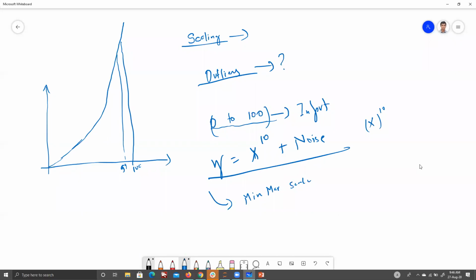So 0 to 100 is the normal axis, but what about y? If there are, let's say, two columns, one is y, one is x, and y is nothing but simply x to the power 10. Agree? So you could scale x between 0 to 1 or something, it is already between 0 to 100. Can you see the problem with y? What will happen right now if I were to scale it properly, using min-max scaler only?